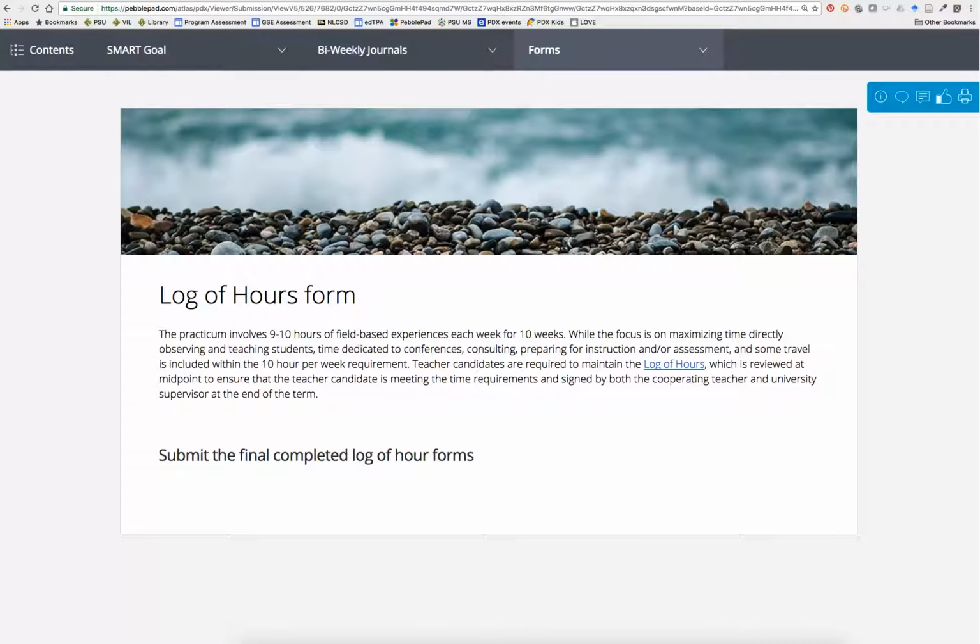And then the log of hours is completed at the end of the term, although the forms are maintained throughout the term to track the hours each week. And it's recommended that students review this form early on, like by week 2 or 3, to just make sure that the teacher candidate is accruing between 9 and 10 hours of field-based experiences each week. The form itself has some very specific information about what can be counted towards hours. So there's a little bit of wiggle room, planning, lesson planning, things that maybe don't take place in